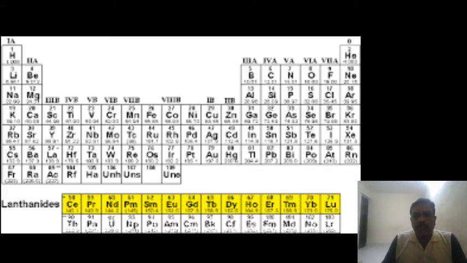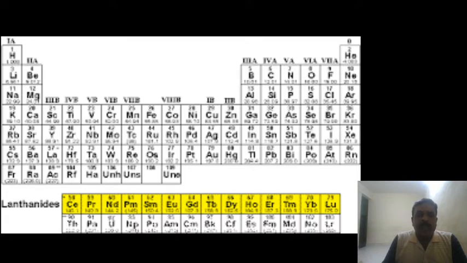Before going to discuss the lanthanide series, we should know about the periodic table. This is the periodic table. You can see there are the groups and the periods. If you see here in yellow color, we will get the element cerium. It starts from cerium and ends at lutetium. So in the third B group and in the sixth period of the periodic table, all these elements are placed